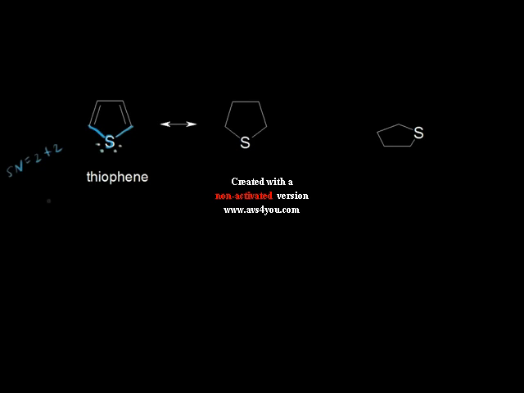But that doesn't work for our concept of aromaticity, because in order for something to be aromatic, our atom needs to be sp2 hybridized, so it has a free p orbital, just like these carbons right here. Once again, these carbons all have a double bond to them, so those carbons all have a p orbital, so I can go ahead and sketch in those p orbitals on those carbons like that. So the sulfur looks like it's sp3 hybridized, but of course it's going to be a similar example to the